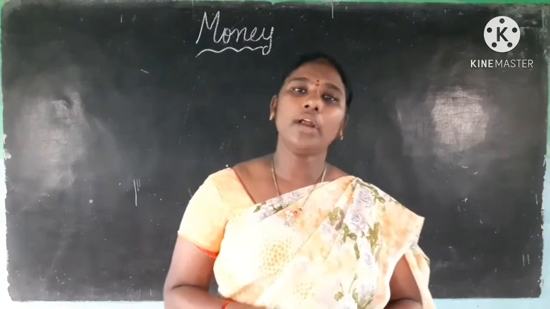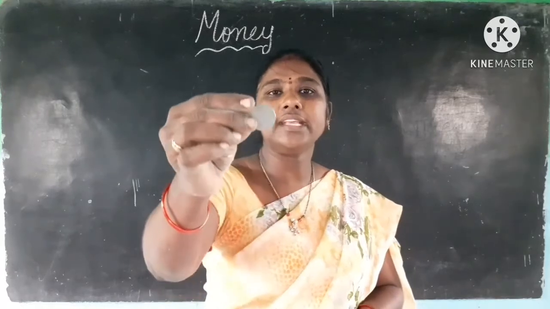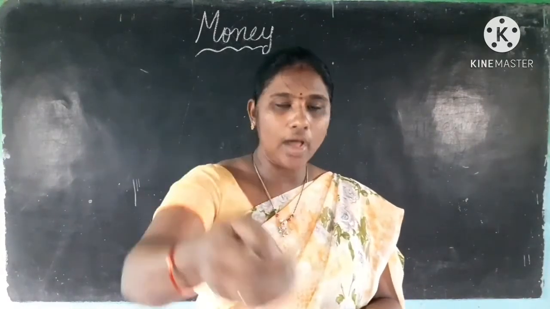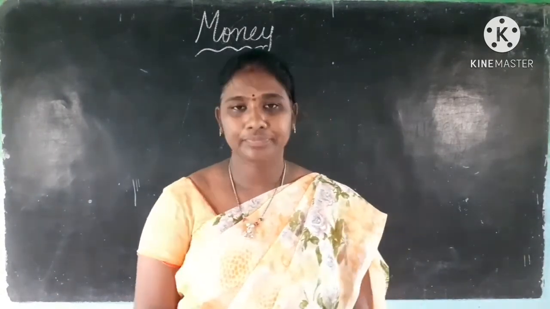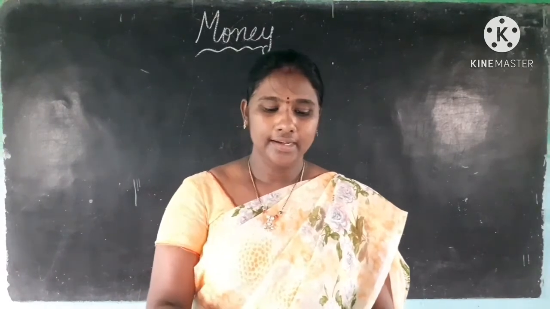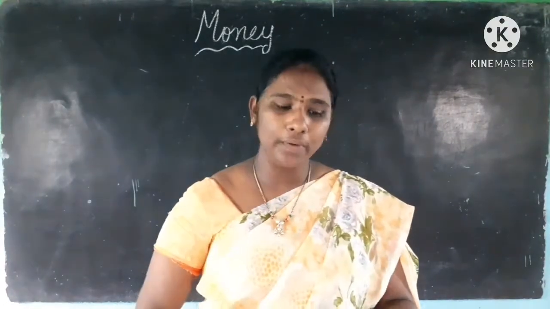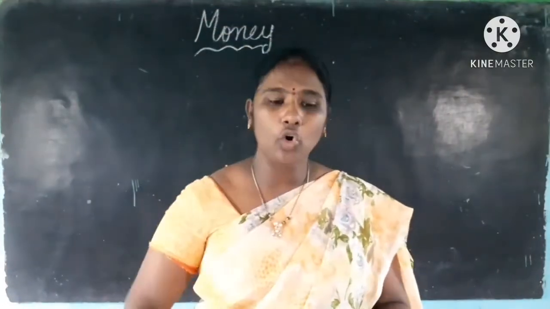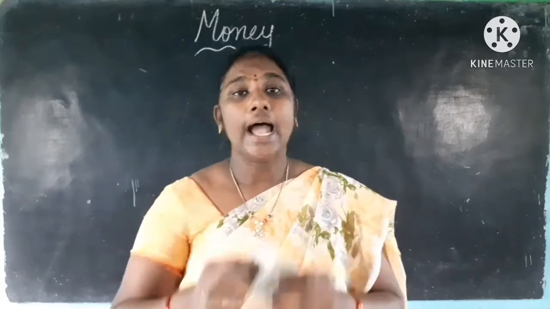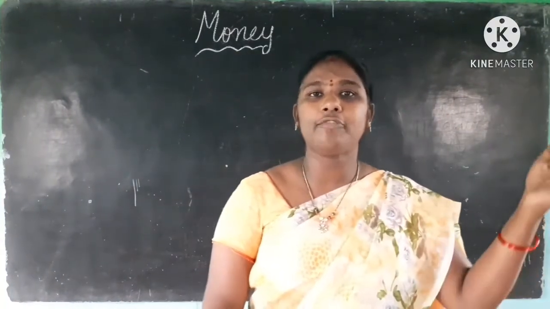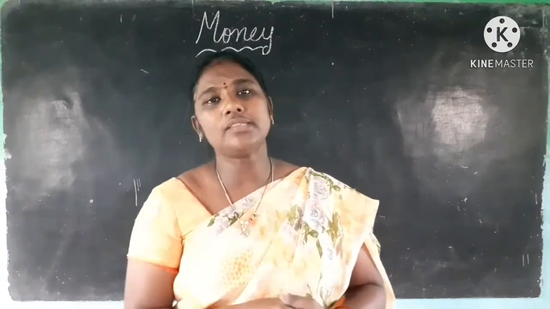So nowadays, what do we use as money? We are using coins. What coin? It is a 1 rupee coin. We use a 1 rupee coin, a 2 rupee coin and a 5 rupee coin. Yes, and a 10 rupee note, a 20 rupee note, a 50 rupee note and a 100 rupee note. And we still have 200 rupee notes and 500 rupee notes, and 2000 rupee notes are also available. But in previous days, what did they use?